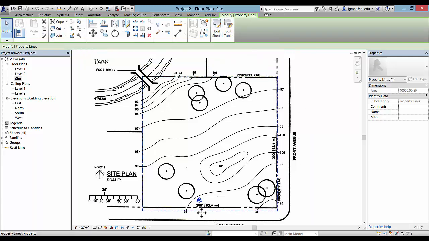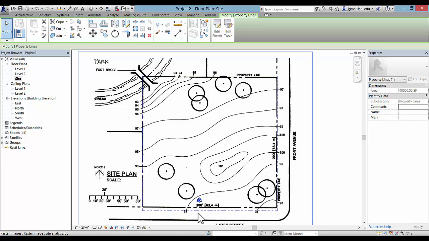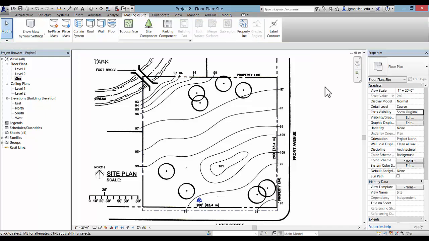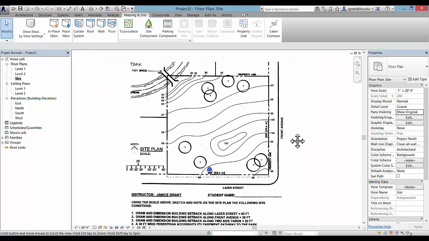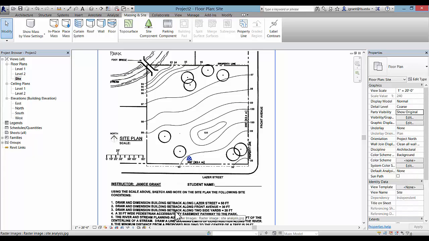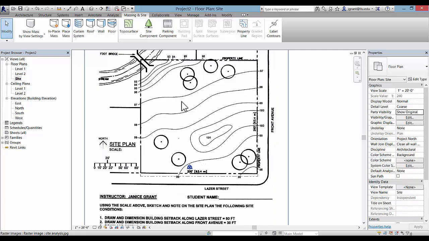You'll see that there's a phantom line here at the bottom. And now we're ready to create these setbacks. Every site has setbacks that are established from the city. I'm not going to go through this whole project, but just to show you the setbacks, instead of using an offset for the property lines,